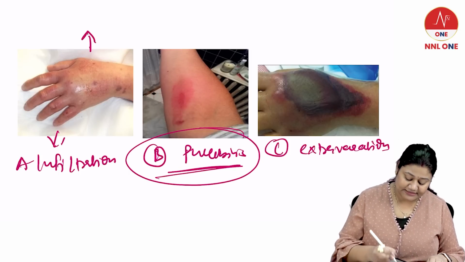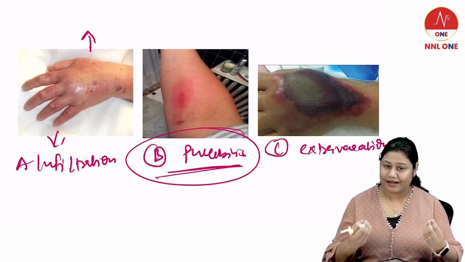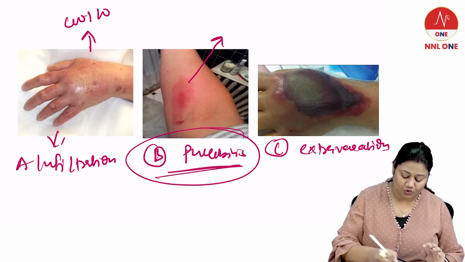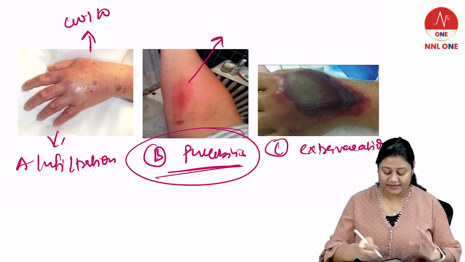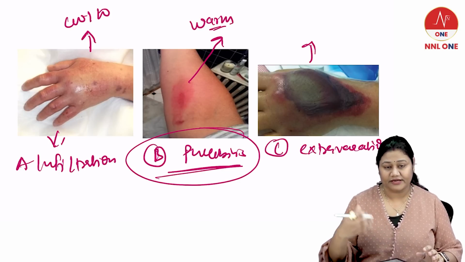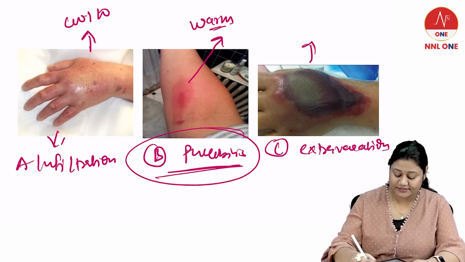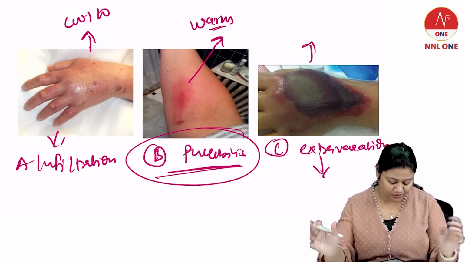Here you can see the skin is pale, blanched, with swelling, induration, and burning sensation, and this is cool to touch. Here you can see redness, erythema, pain, tenderness, warm to touch, right? Here the condition is more worsened. Hematoma and necrosis can develop. So this is your extravasation, which can occur due to vesicant drug leakage into the